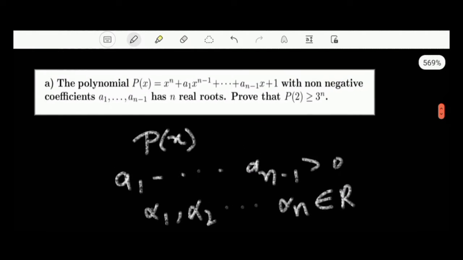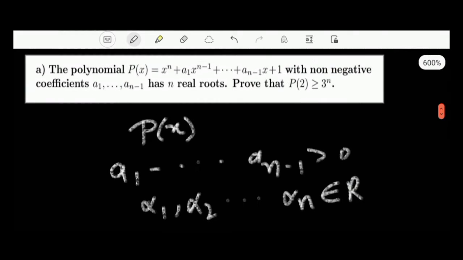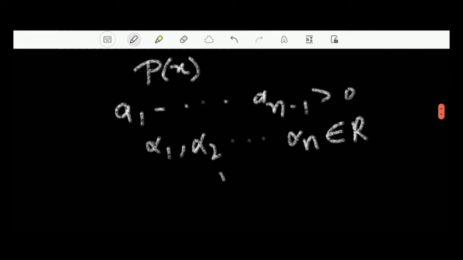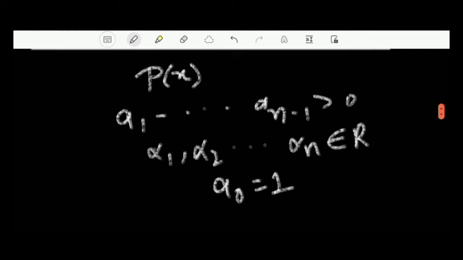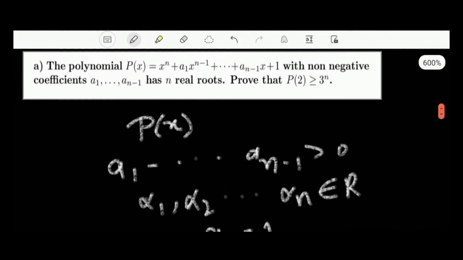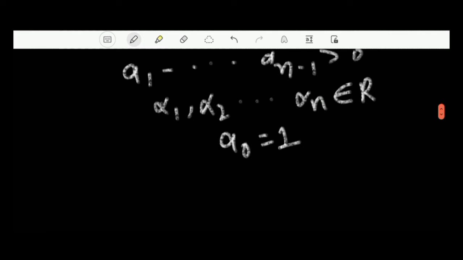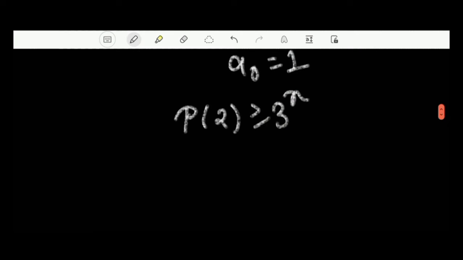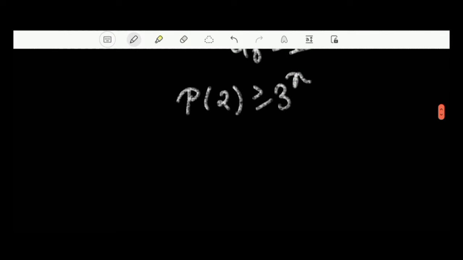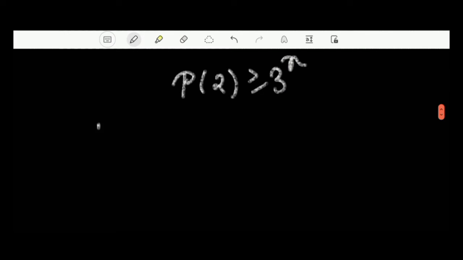And here is a constant term a of 0 which is equal to 1. So we have to prove that p of 2 is greater than or equal to 3 raised to the power n. So the idea is we're going to